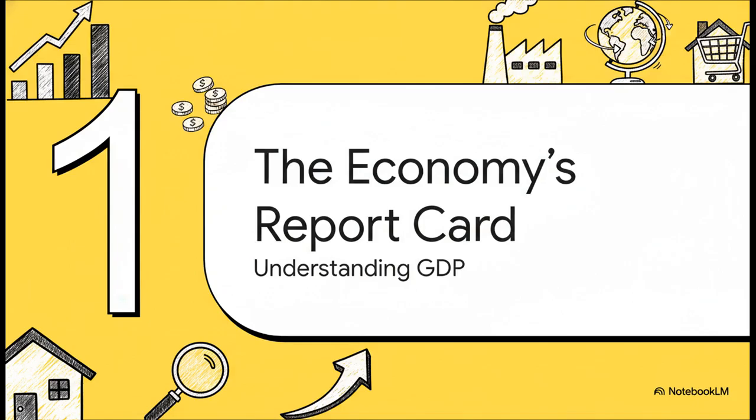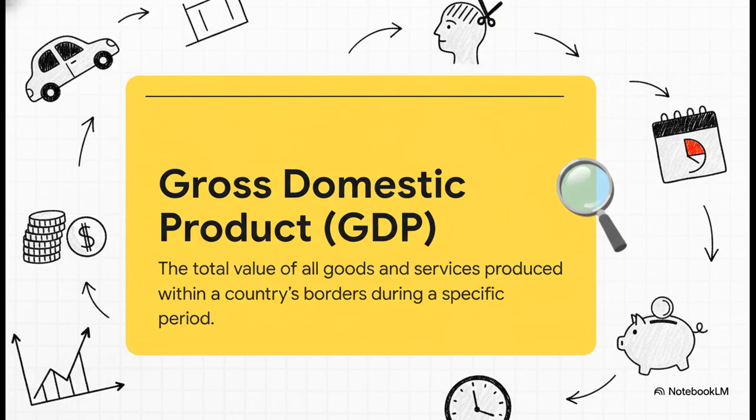To really get what this debate is all about, you have to understand the main character here, gross domestic product. You know it as GDP. For as long as any of us can remember, this has been the main headline for figuring out how a country's economy is doing. And just think about how big that is. GDP tries to count everything. That new car that just rolled off the assembly line? Yep. The coffee you bought this morning? That's in there too. The money you paid your accountant to do your taxes, it all gets added up into one single gigantic number for the whole country. It's really designed to be the ultimate snapshot of all our economic activity.